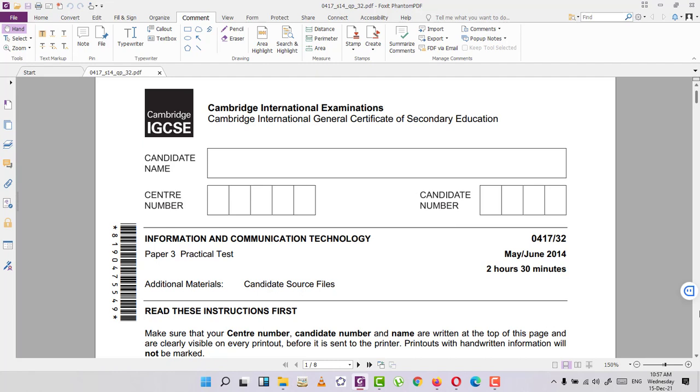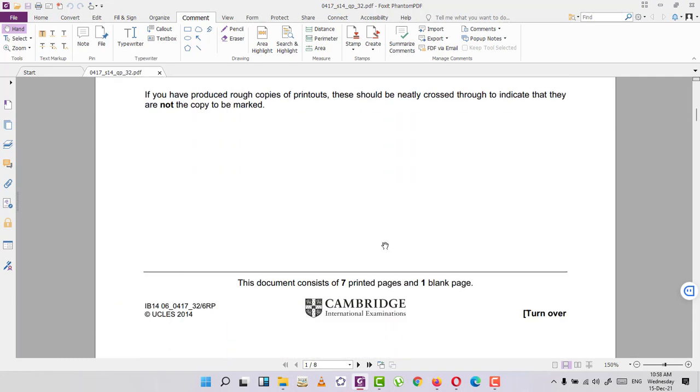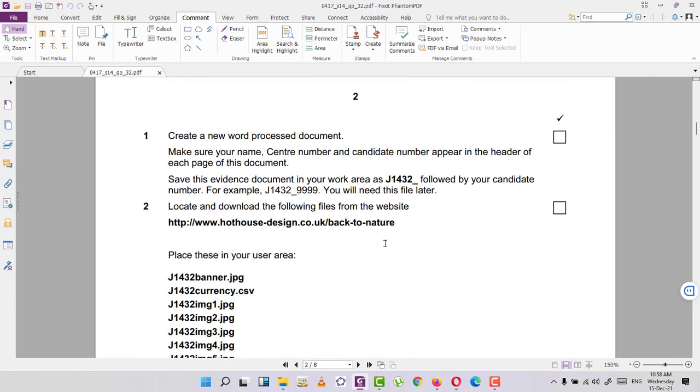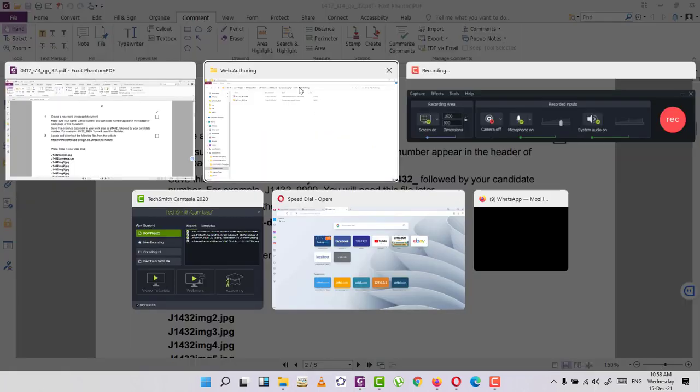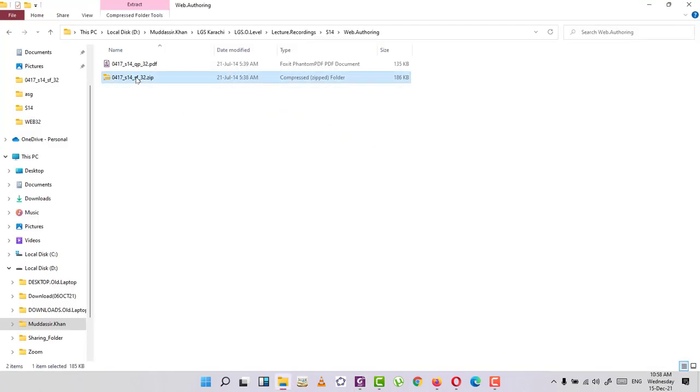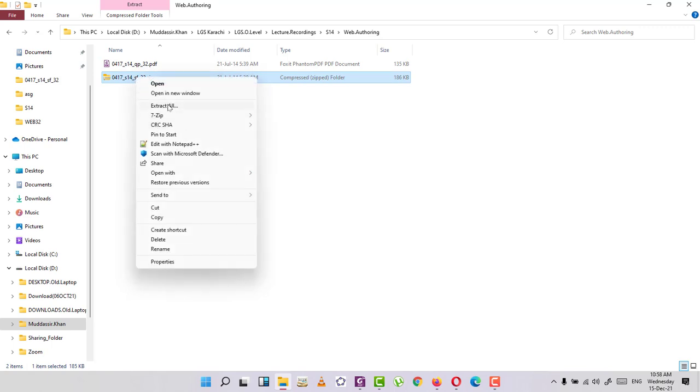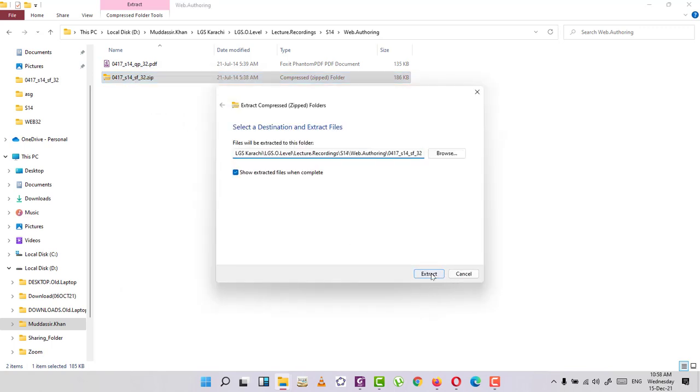Today I am solving the May June 2014 paper for 0417, especially for web authoring. For the web authoring paper, before you start, you need to do some preliminary work. And what is that? That is to decompress the given zipped file. Just click on extract all, extract,